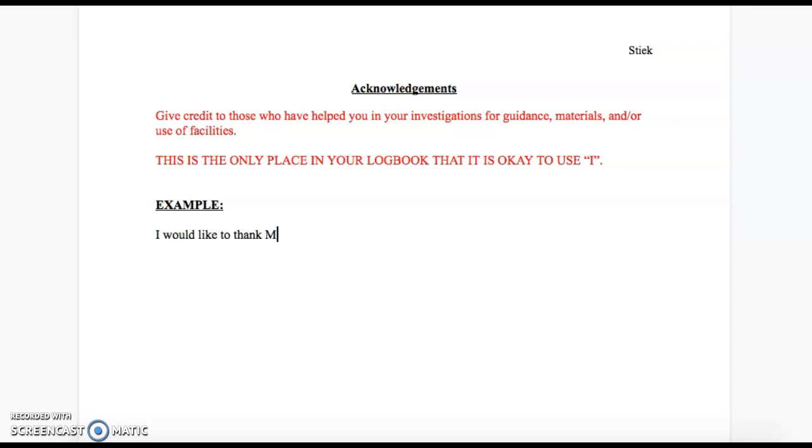I'd like to thank Mrs. Sheastel. I can't spell her name. For, and this is where I'm going to then fill in what she's done for me, for helping